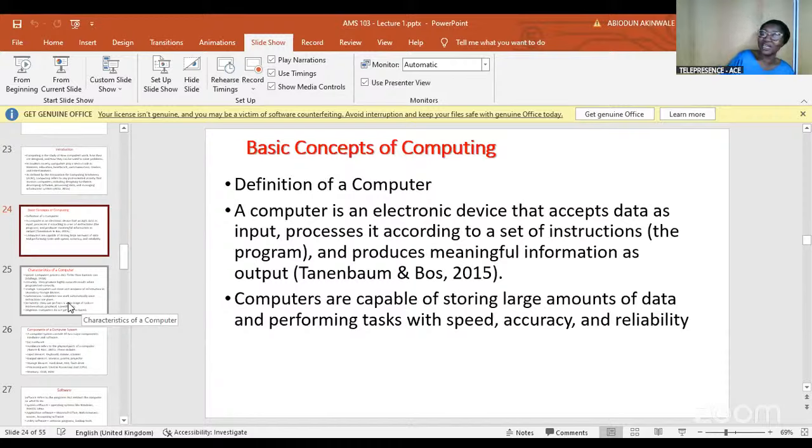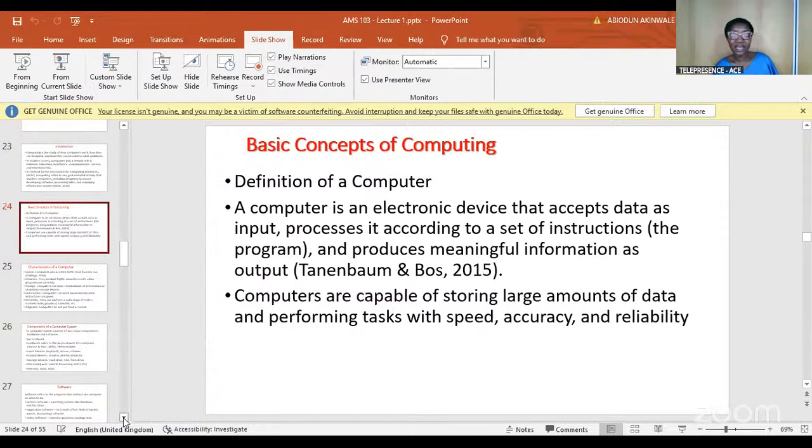Just like the human system, we take in amala, process it, take all the vital nutrients from there and distribute them to all parts of the body. At the end of the day, you see a growing baby, a healthy child or healthy lady or lecturer, because you are what you eat. So it takes in data as input